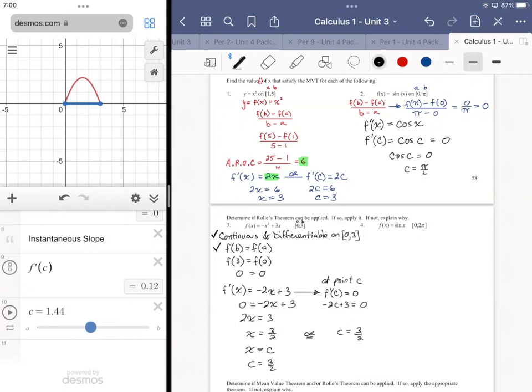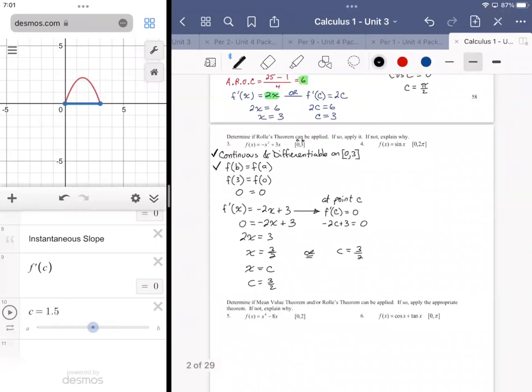I'm pretending that I don't see the final answer right in front of me. At 1.5, we have an instantaneous slope equal to 0, which is what we came up with when we solved the Rolle's theorem problem, right? So the remaining problems here are along those lines, but you can see there's a pretty spicy one when it comes to that trig function at the bottom, the cosine and the tangent problem. So I'm going to put stars on the remaining questions here, and we're going to move on to something